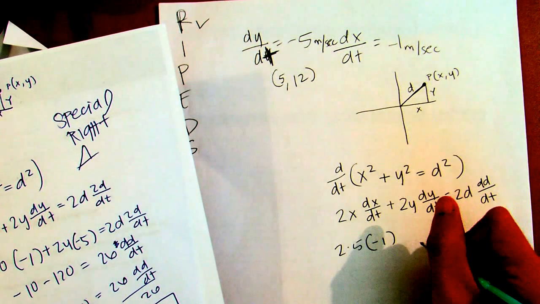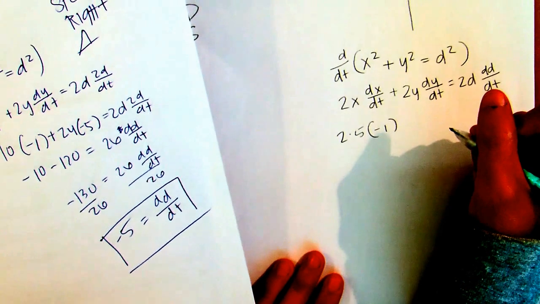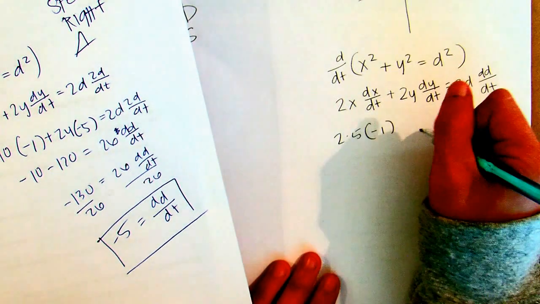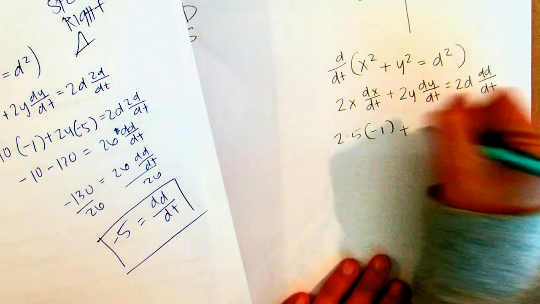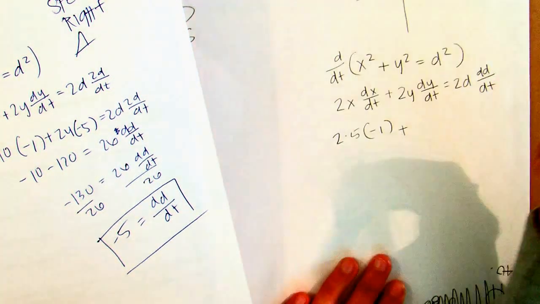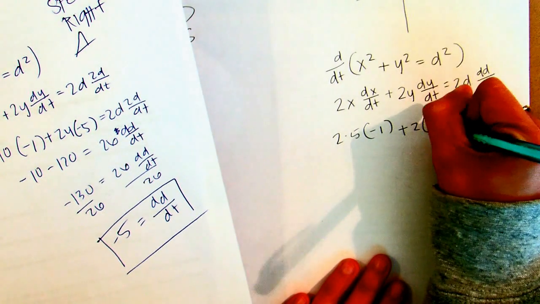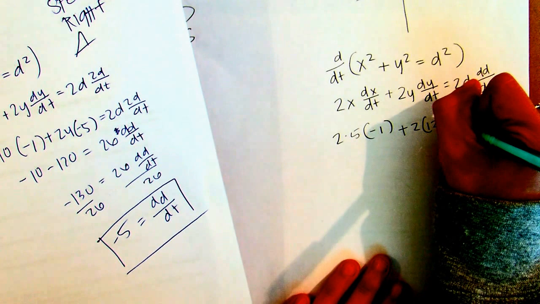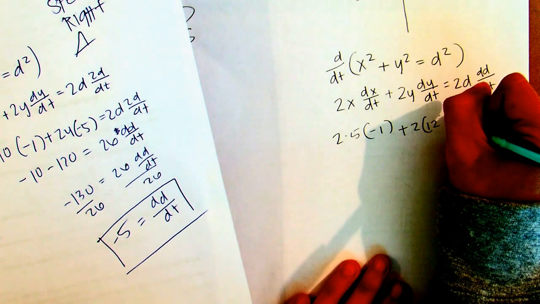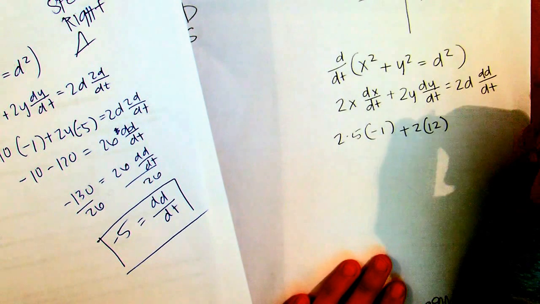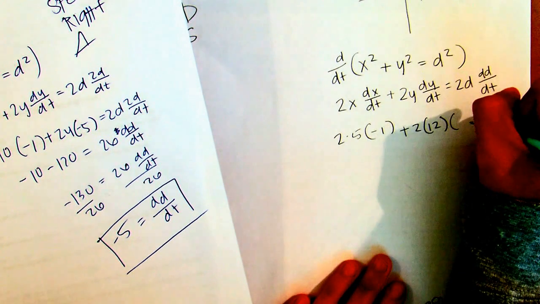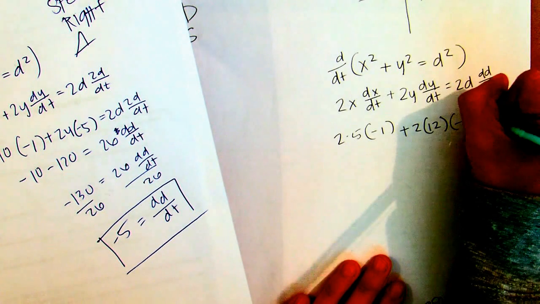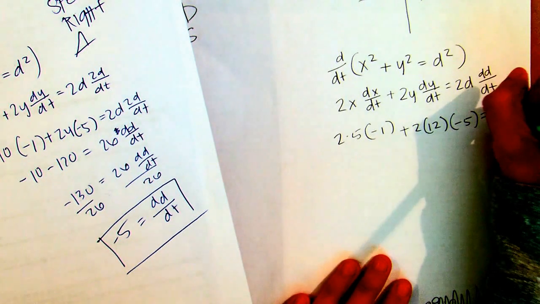And then we plug in the -1 for the dx/dt. And then our y right here is 12, so we gotta plug in 12 for y. Yeah. And then we plug in the dy/dt, and that's -5, equals,